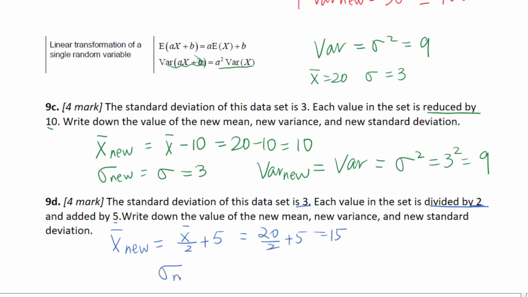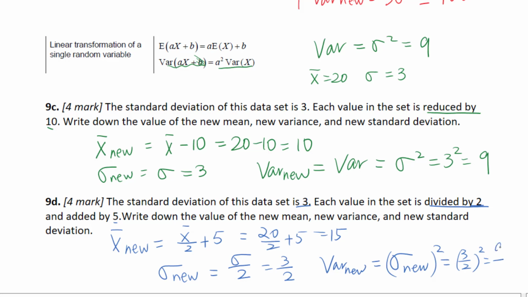And the new standard deviation equals the original standard deviation over 2. That equals 3 over 2. For the new variance, that equals the new standard deviation squared, which means 3 over 2 squared. That equals 9 over